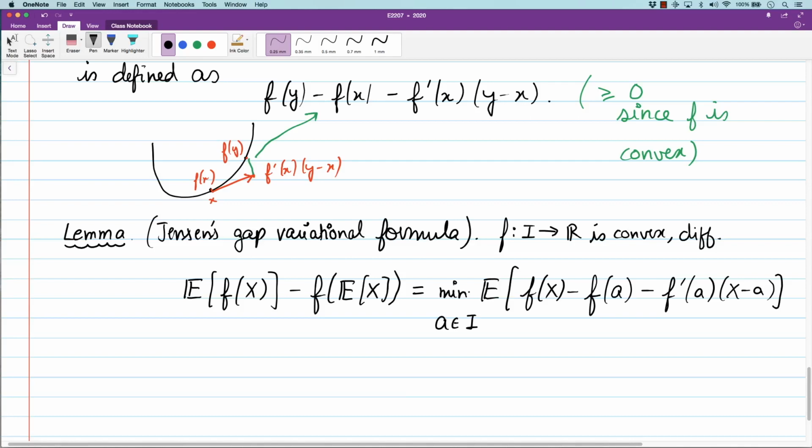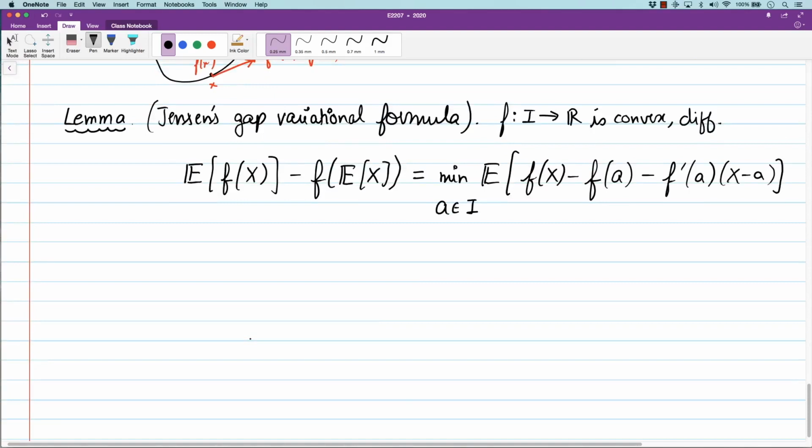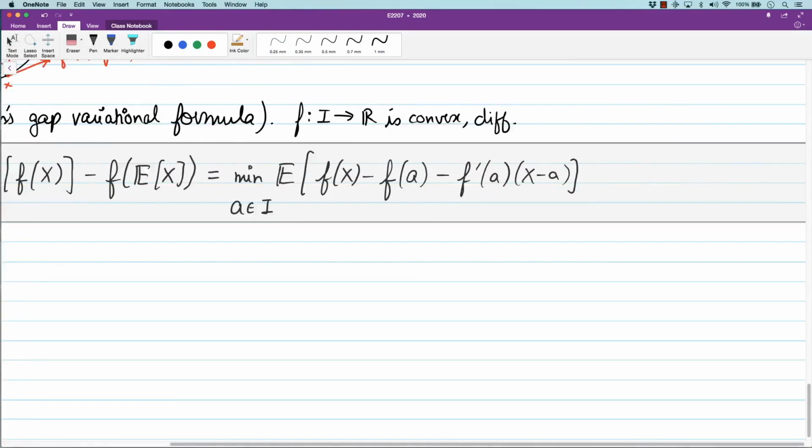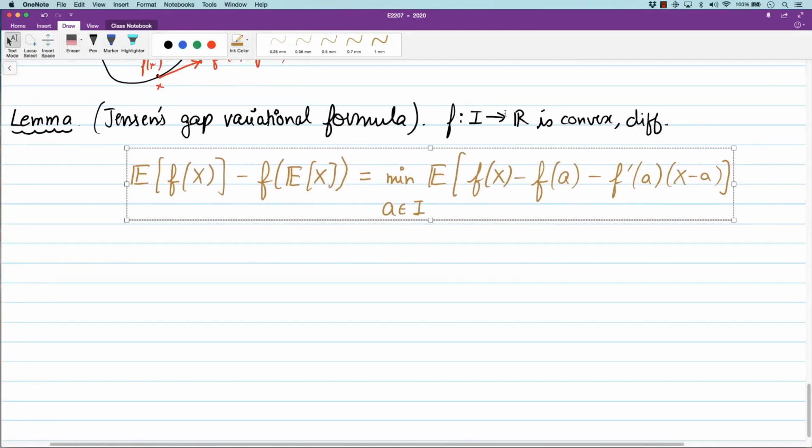This is a min if expected value of x belongs to this interval, but that is true because x is a random variable on this I. Only then this can make sense, and therefore expected value of x is also inside this I. Okay, right. So this is this nice formula that we were after. This is the second. Yeah. So we haven't still talked about how this is a variational formula for divergence. But before we do that,